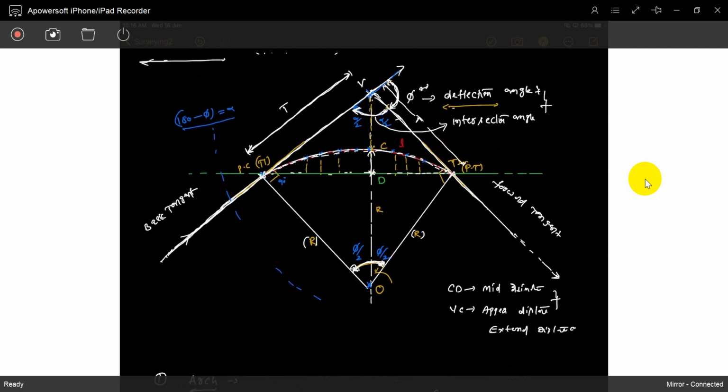Those are the straight lines fixed by the reconnaissance survey. Based on the preliminary survey, we draw so many straight lines for the passes of the vehicles or passes of the trains. If any two straight lines meet, that gives the deflection angle. Based on that deflection angle, we will draw a curve connecting those straight lines.